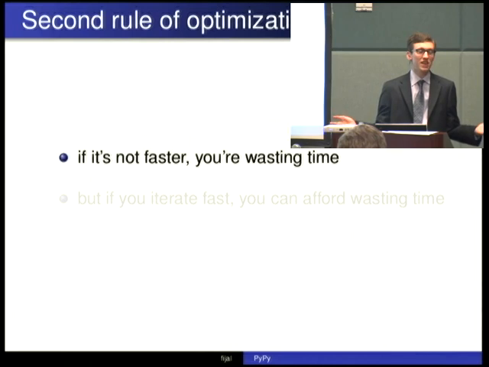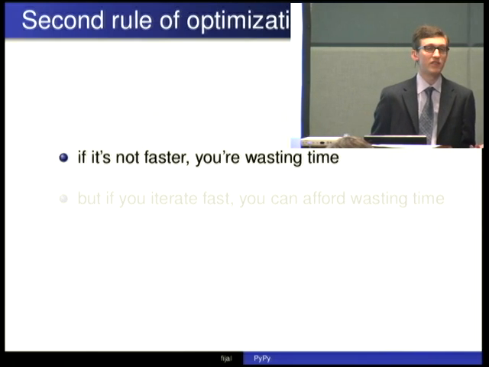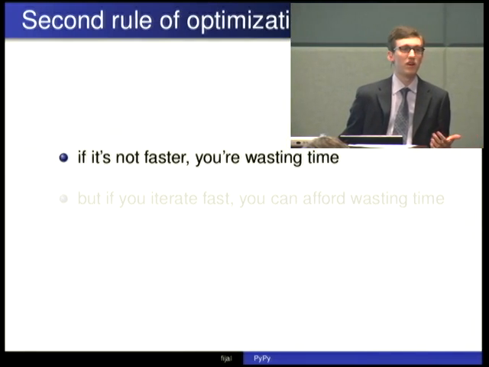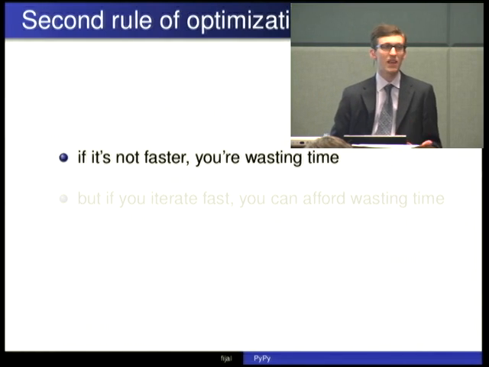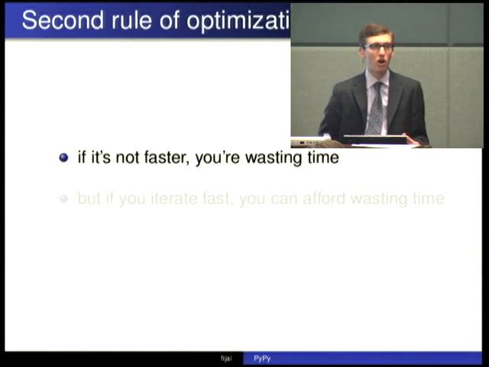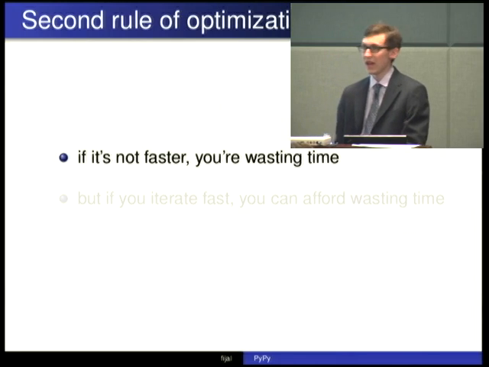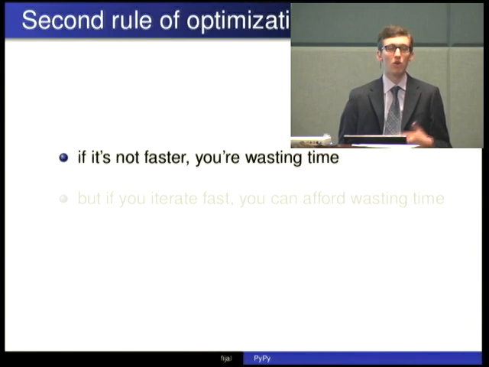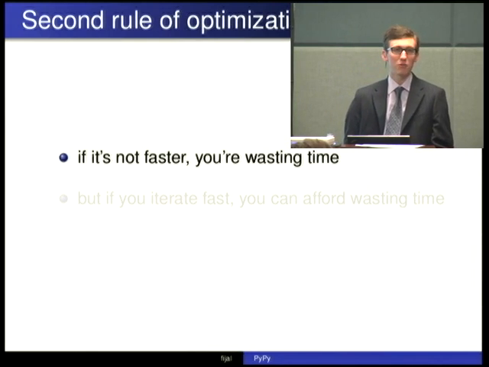The second rule of optimization is it must actually be faster. The purpose of your process is to make your code run faster, and that means you need to have an automated way to know if it's faster. That means good, reproducible benchmarks. In the same way you have tests of behavior, you need tests of performance. Repeatability is the name of the game. Any guesses on the third and final rule?